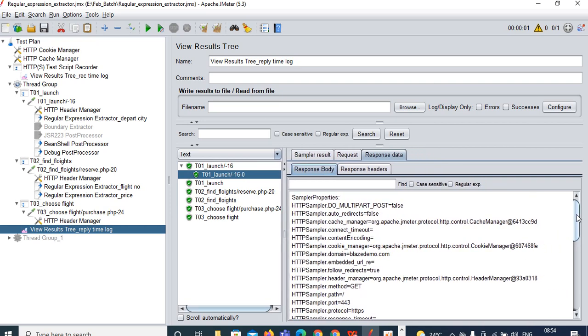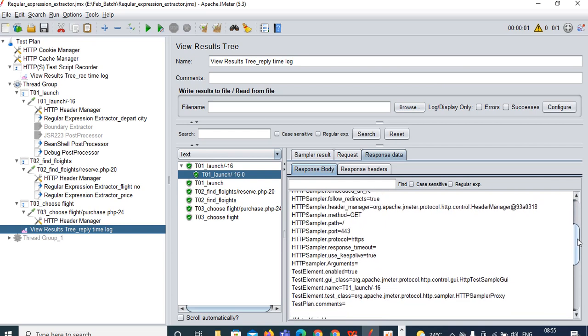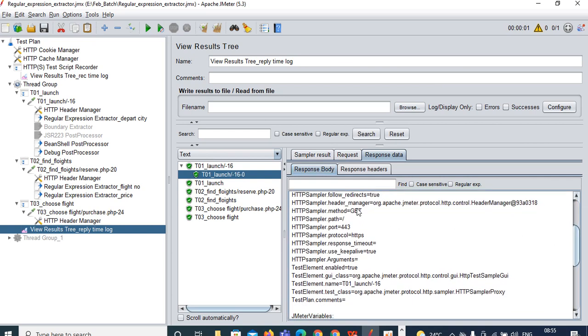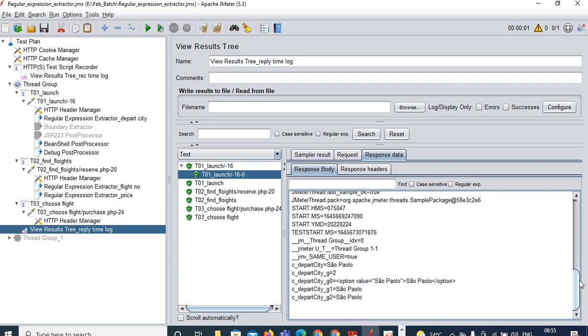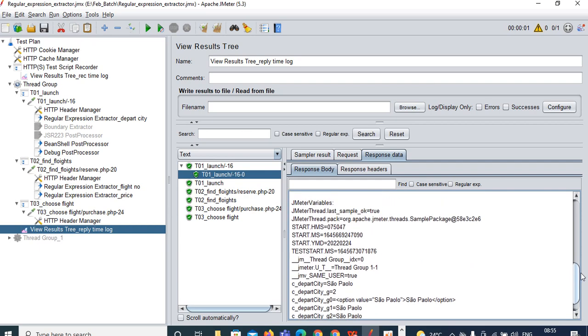A URL passed, where it passed, so what is the port number you are using, what is your method name, what is your port number. Okay, so such kind of details you can see. If you are capturing any variables, which variable you are capturing, those details you can see